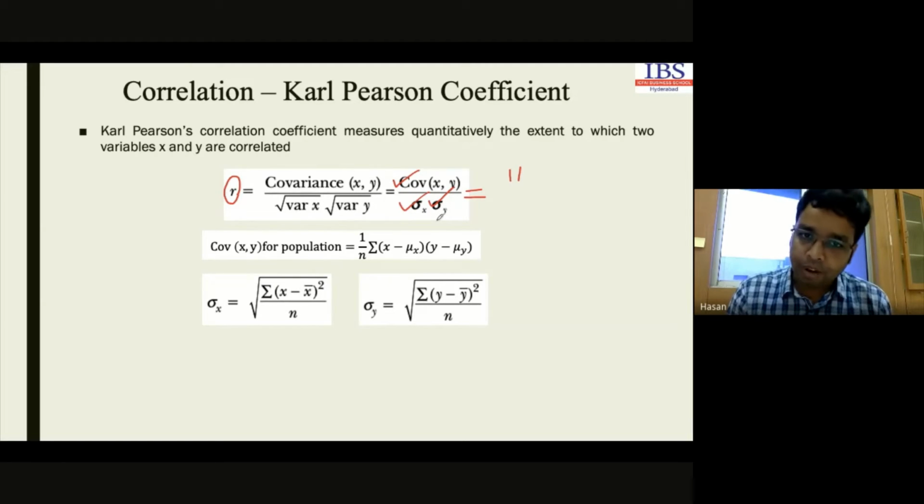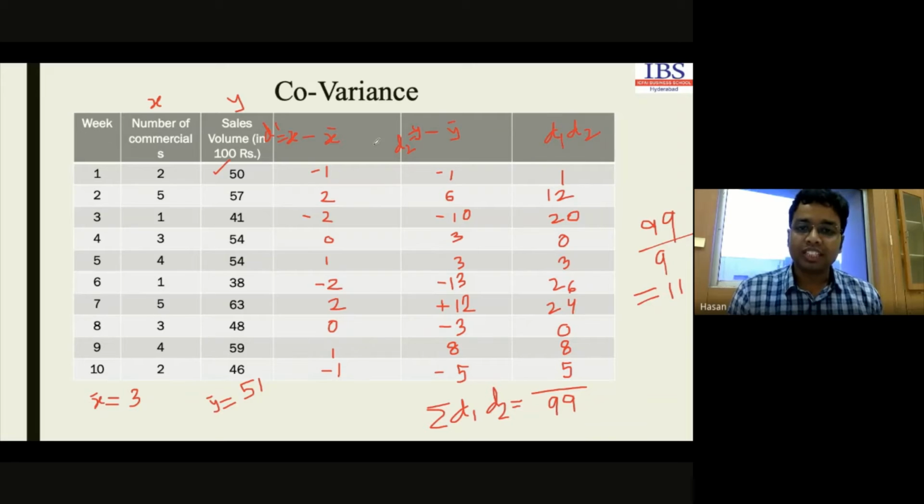Go back to the same problem. Now look, to get the standard deviations, what we have to do? We have to take the square of this one. Standard deviation formula. What is the formula? Sum of x minus x bar whole square, then divided by n minus 1, since we are talking about sample, and take the square root.